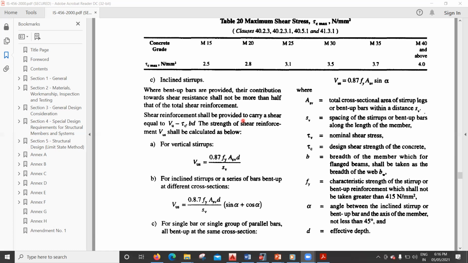Yeah, so again, it can be put at 45 degrees. It is written here, not less than 45 degrees you have to put it. And these are the formulas if you want to see how much shear force is taken by your bent-up bar; with the help of this formula we calculate the angle and all. But nowadays we don't use this bent-up bar. The formula we use for calculating the stirrups is this, the formula for vertical stirrup. This was our vertical stirrup, right? For that we make use of this formula, and based on that we design all these things, right?